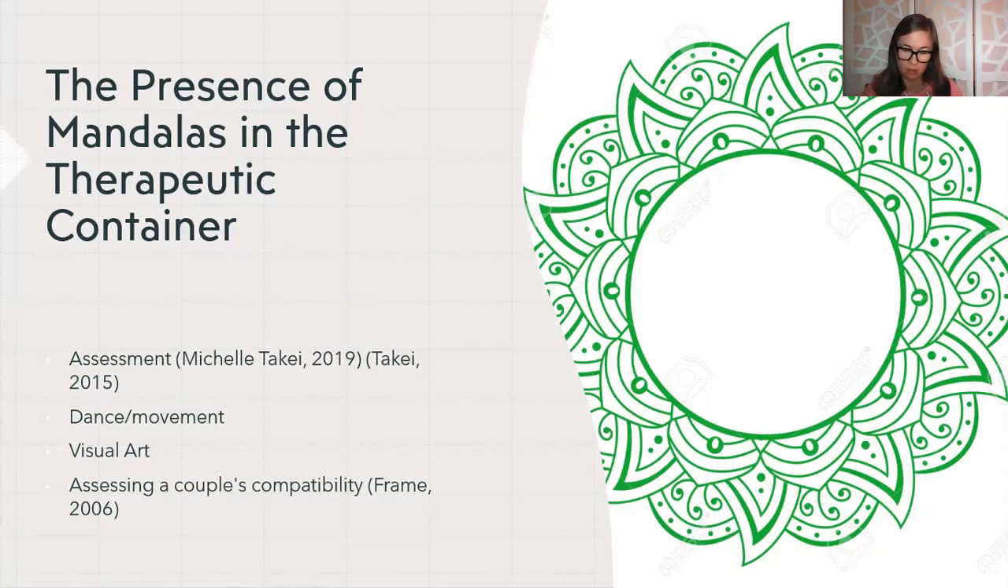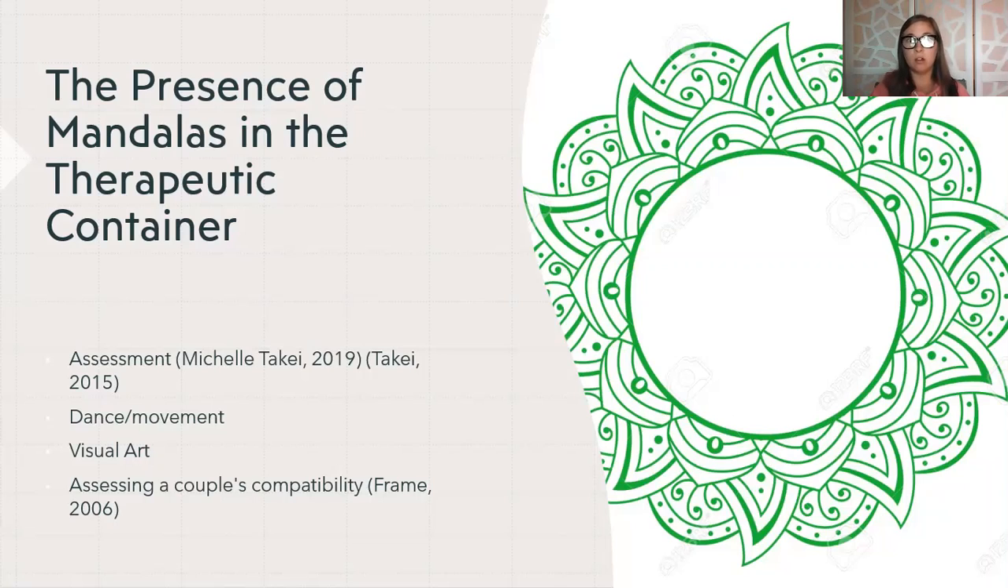So addressing the creative outlets that we can help clients use when the trauma comes up or when the symbols re-evoke this trauma. Dance, movement, and visual arts are great examples of this. I would say overall visual art is absolutely the most integrated way that mandalas are pulled into sessions with clients, whether that be coloring in a mandala, creating their own mandala,